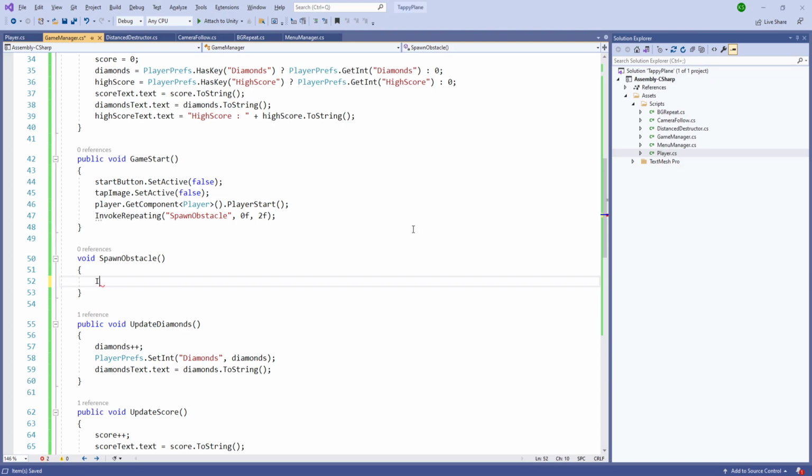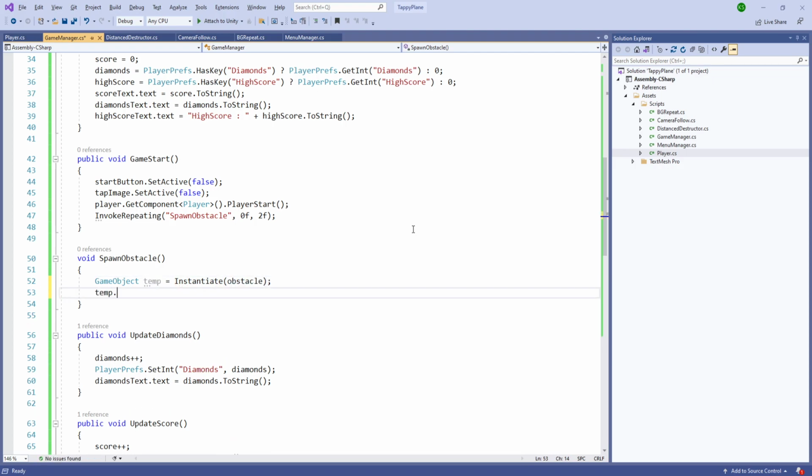There is no need to call the game object temp. Instantiate the obstacle. Let's just do game object temp is going to be instantiate the obstacle, and temp dot transform dot position is going to be a new vector 3, and will pass the last pose